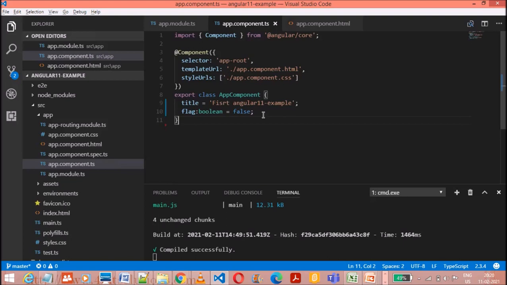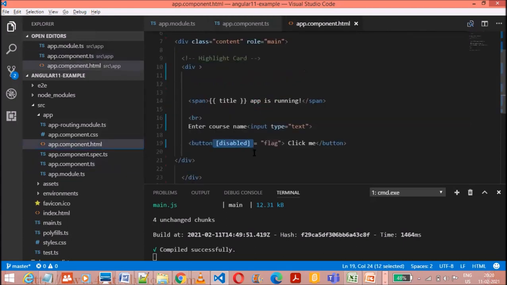Suppose we have a login form. If you haven't entered the correct information, that login button remains disabled. As soon as you have entered the correct information, that login button becomes enabled. So in that case, we can check whether you have entered the correct value in the correct format. If you have left that field blank, the login button would remain disabled. So here we are writing